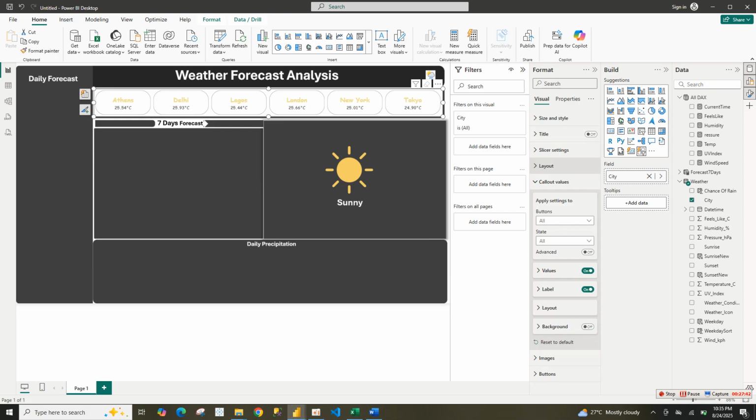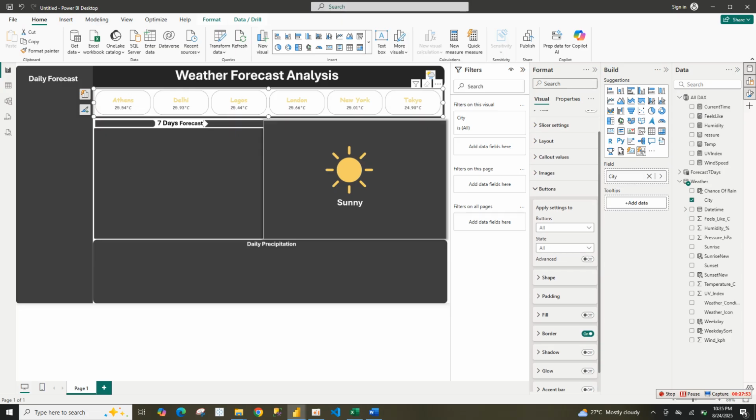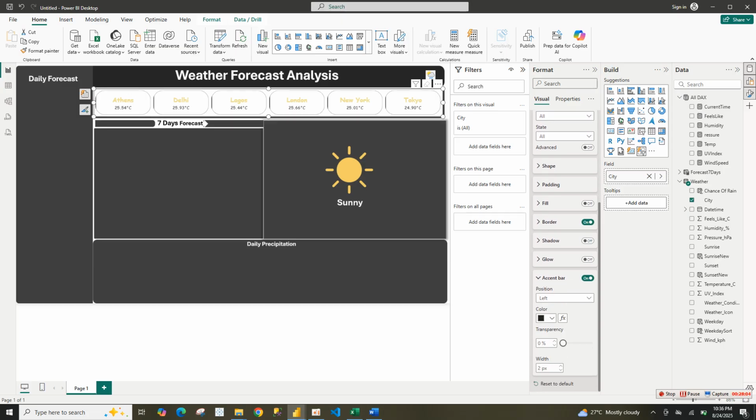So now the next thing is I want to work on the button. I don't want the button to be fee. I'm going to be removing. Yeah, I've removed that. Why is this still strange? Okay, this is. Then our accent band, the bar at the top, put it on, not bottom, top, put it on. Then increase the width of your accent bar to 3. Then the color of the accent bar,